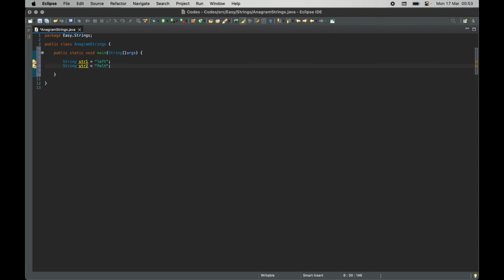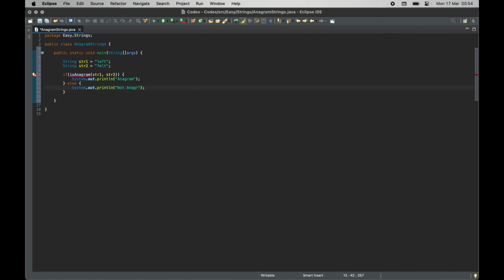This is the one we used in the example as well. We'll simply have the condition: if isAnagram, which is the function that we will create, then we'll print "yes, they are anagram". Otherwise,